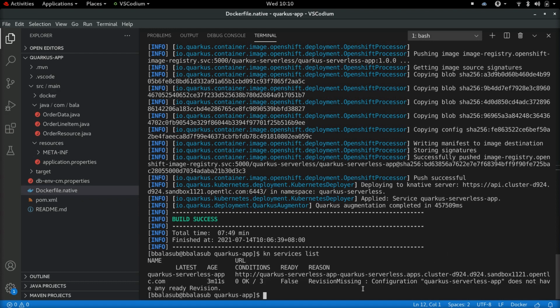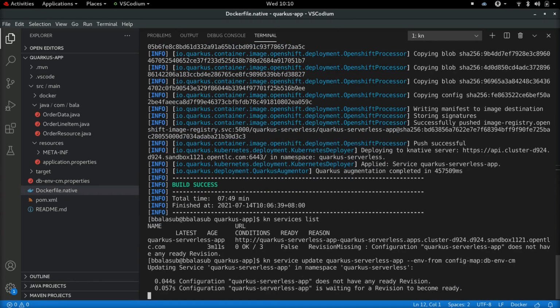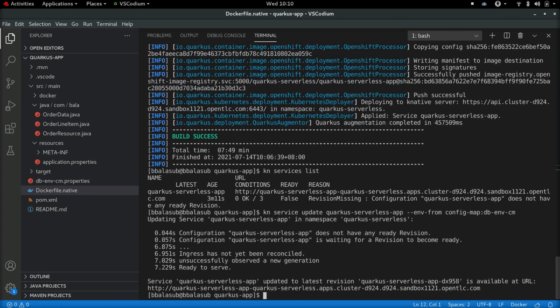So let's do that by using the Knative service update command to specify the environment variables that are to be used from this config map. So let's do that. And now that the Knative service configuration is updated to use